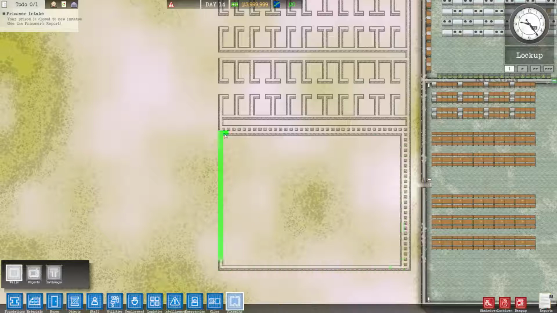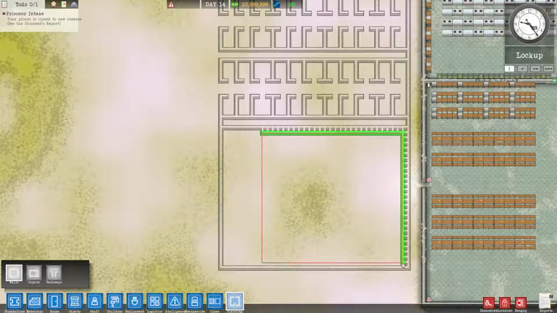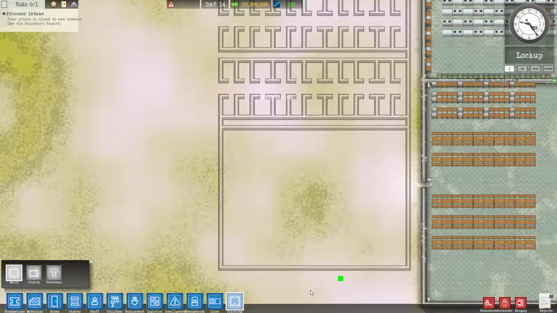There we go. Okay, this part didn't need to happen. Let's get rid of this part real quick. There we go. And then